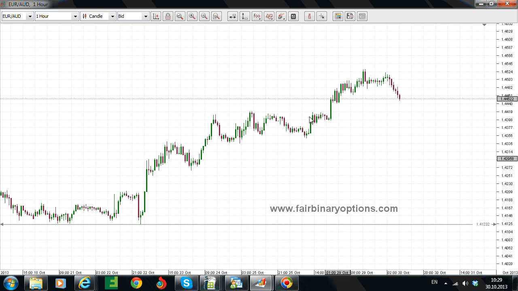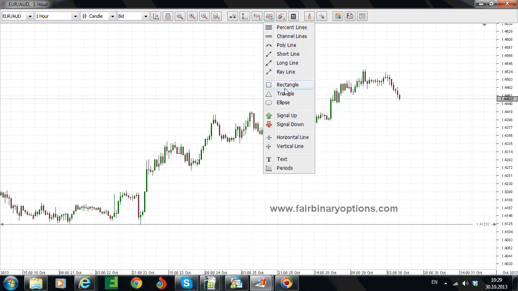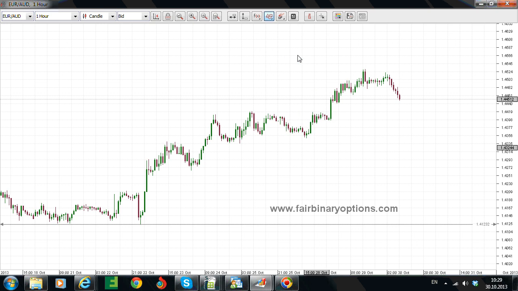Now the whole structure here may be interpreted in two different ways. First of all, I'm looking for a complex corrective wave for the second correction, for the second wave, and I really don't like the move here, this move here. If you take a trend line from here to here like this,